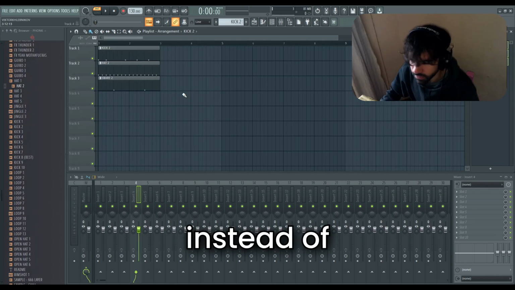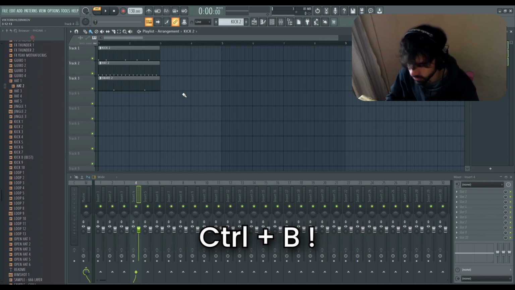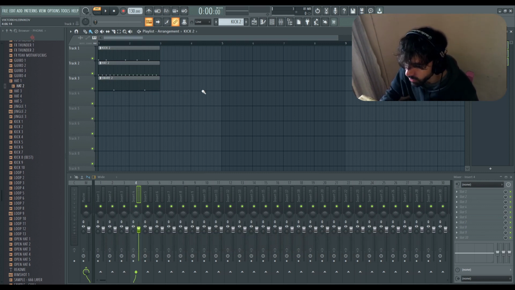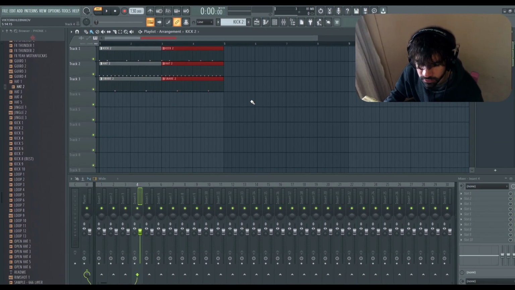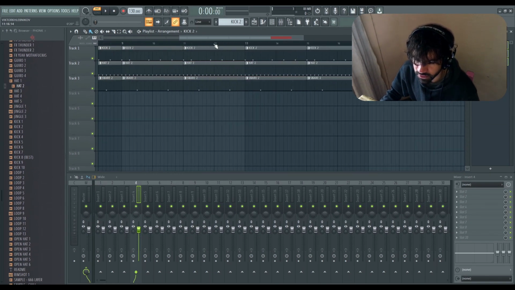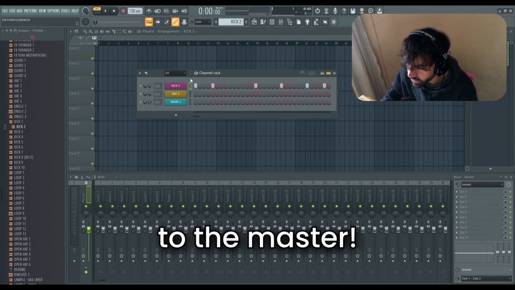Instead of slowly copying and pasting, you can actually duplicate things on the playlist by pressing Ctrl and B. You can select all the things you want by holding Ctrl and left click, and then just press Ctrl V. Much faster, right? Number 3, you can route all of your samples and sounds automatically to the master by